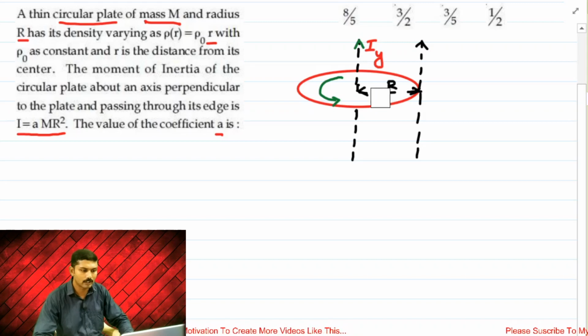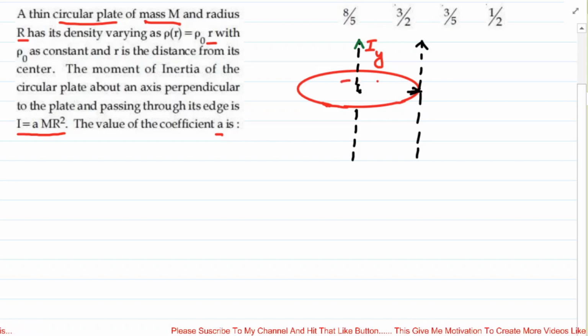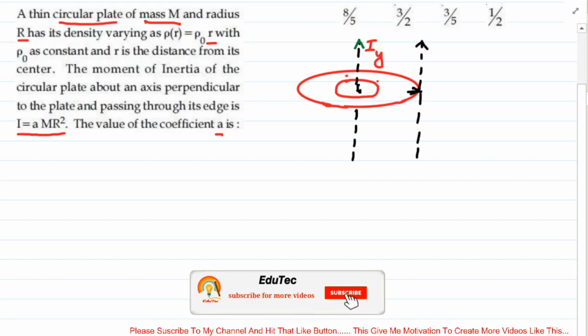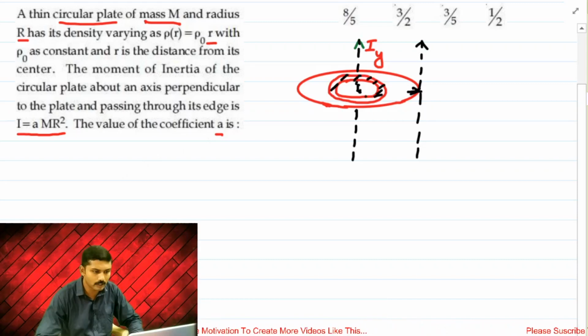right? For the time being, I'm rubbing out this calculation to find the value of A. I first have to find out a small disk. I have to draw a small disk, for which we first find the moment of inertia, and then we include it in the total disk. So let's analyze this question. For that, I'll draw a small disk around this particular center, and I mention a small area around this. I'm taking this particular area.